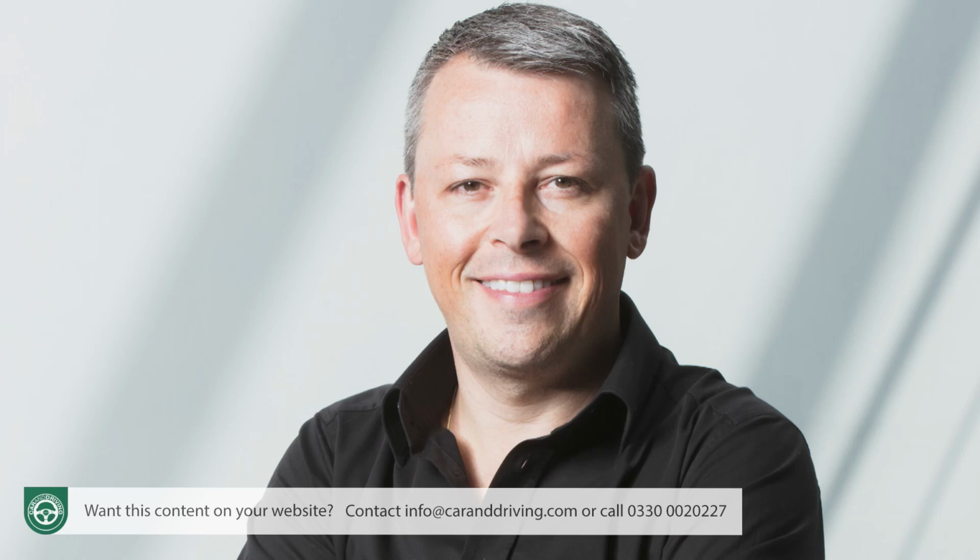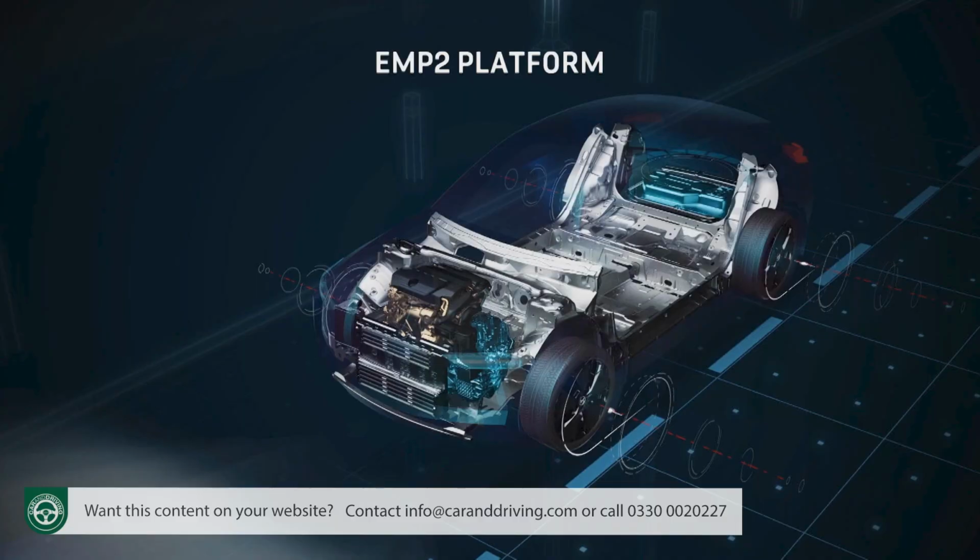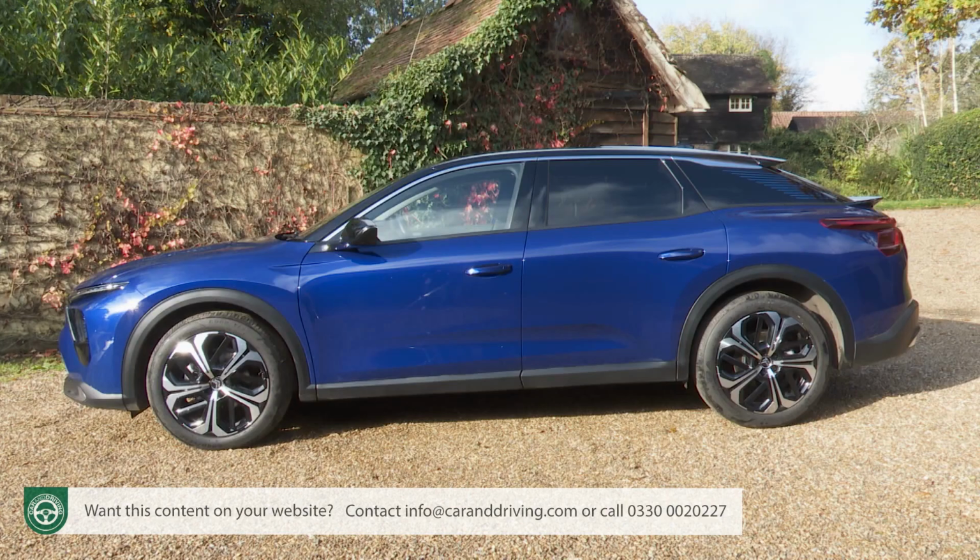Designer Pierre Leclerc says that the C5X is a car you'll not only want to drive, but also one you'll want to be driven in as well. Well, let's see how the rear seat facilitates that. This Citroen's third generation EMP2 platform has been stretched as far as it will possibly go, and the result is a relatively lengthy